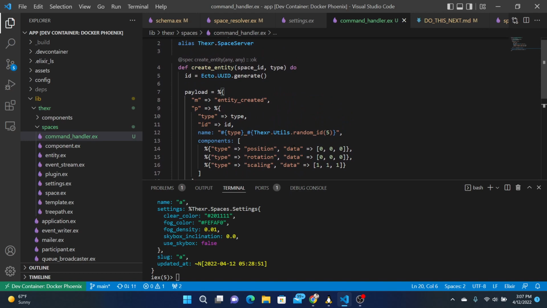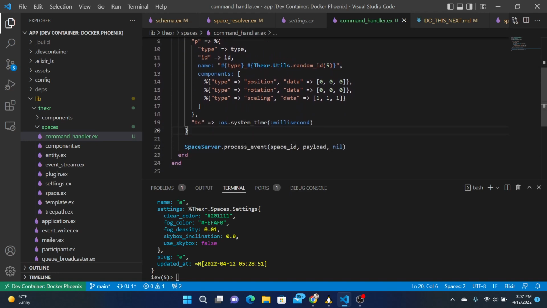Now there's a thing here is that the server needs to be alive in order to receive this. So what we could do is in process event, if you get an error like, hey, that thing's not there, then we rescue it and start the server, and then try again.